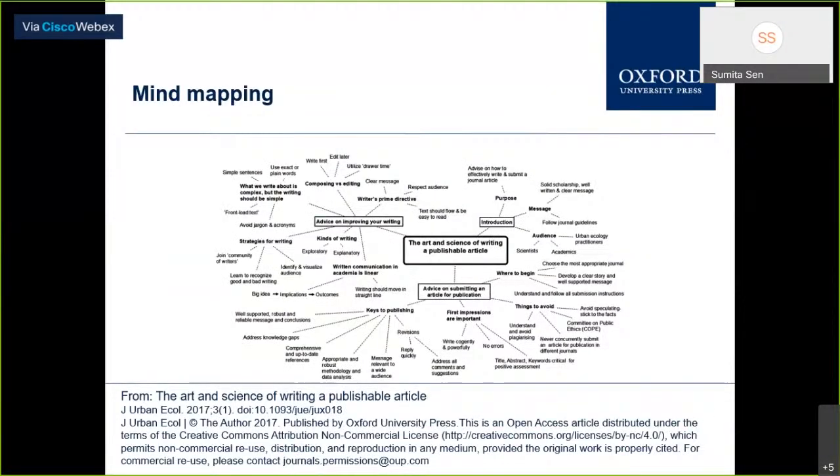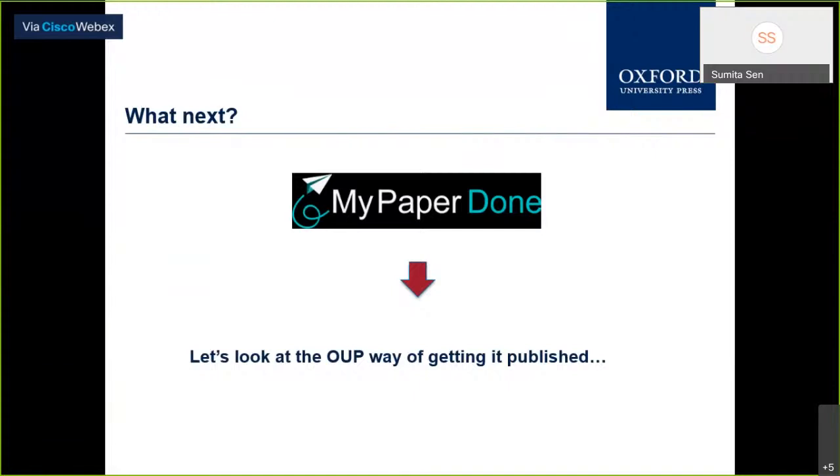And I'm just going to be giving you an overview of how you can submit your work. We've finished writing our article. We've selected our journal. We've decided what we want to research on, how it should be done. So my paper is ready. What is my next step? It is submitting it to the journal. So let's look at this.